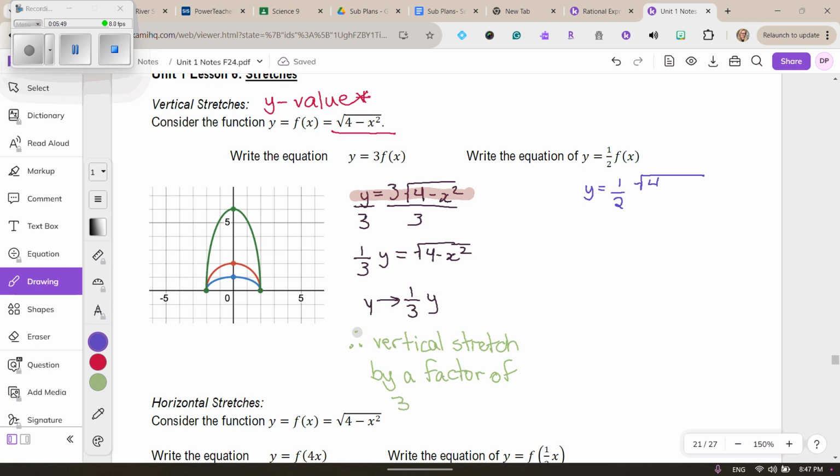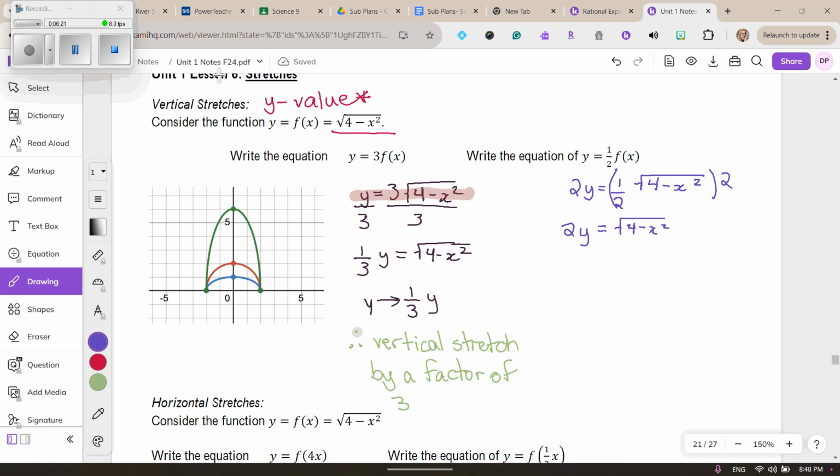This is once again what I'm going to graph to get the blue graph, and I'm not going to do it this time because I think we can already see what we're going to get. But I'm going to do the same thing by multiplying both sides by 2 in order to get the 2 to the other side of the equation. The 1/2 times 2 cancel each other out, so I'm left with the square root of 4 minus x squared